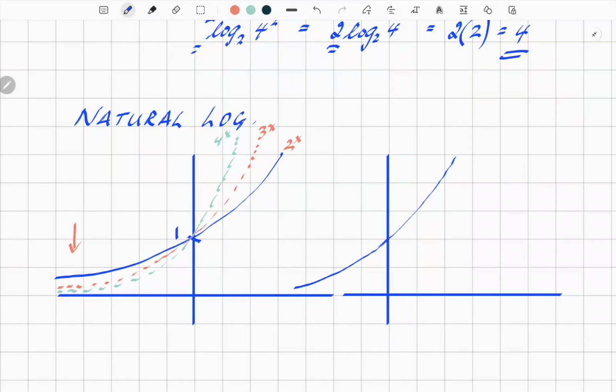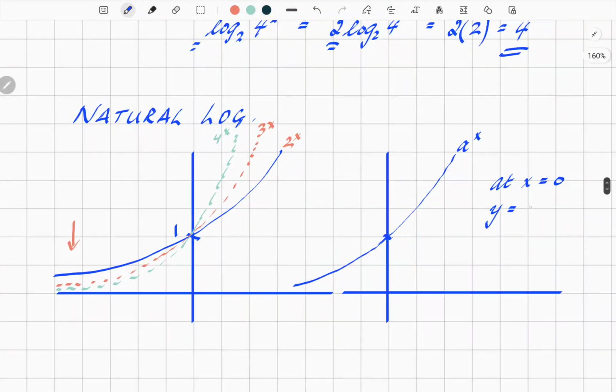There is a very special number, a, so a to the x. Now this is the important bit. Such that at x equals 0, y equals 1,